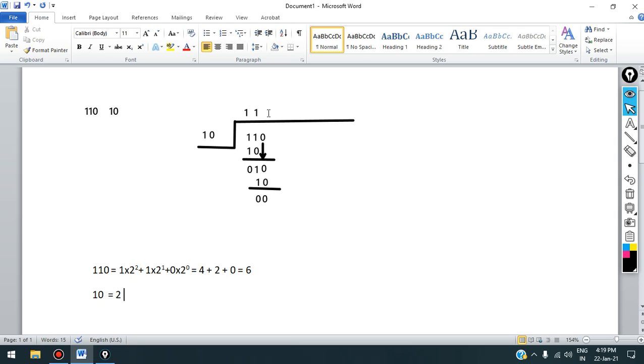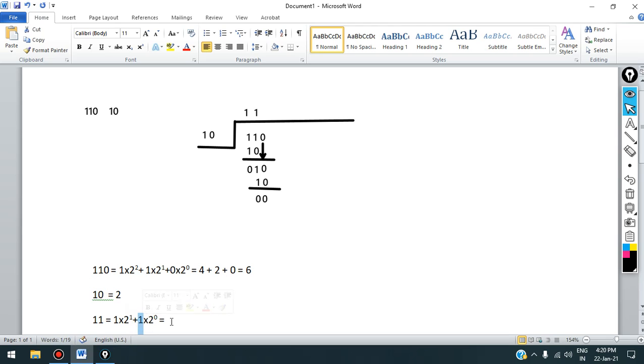So let us check whether this 11 is 3 or not. The quotient is 11 in binary, so let us check whether 11 is written as 3. Again, I will copy this one, because there are only 2 digits in this binary number. The first significant digit is at the unit place, and the other 1 is at the second place. So the first significant digit is this 1, that is least significant. So here will be 1 into 2 raised to power 0, and for this one 1 into 2 raised to power 1. Now let us calculate it.